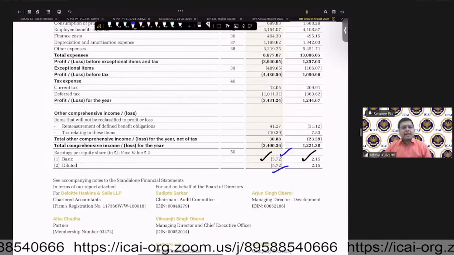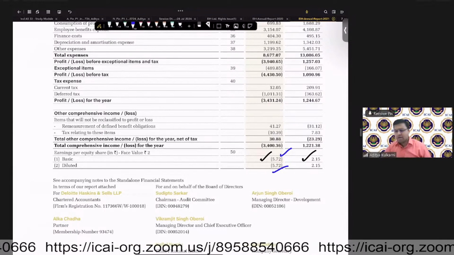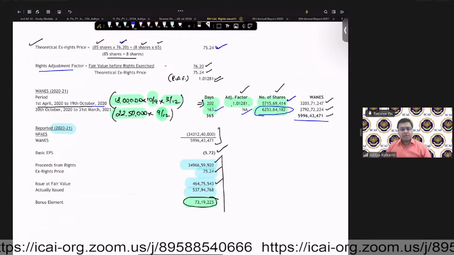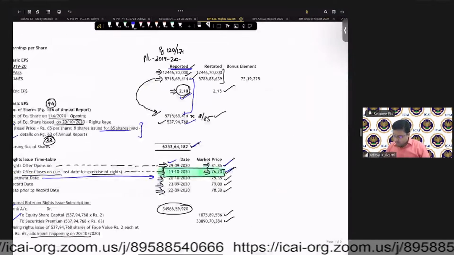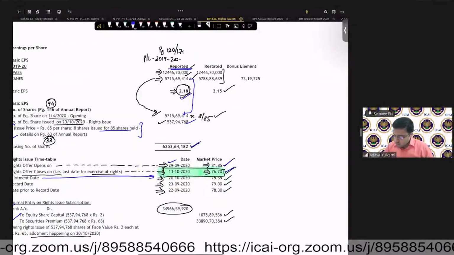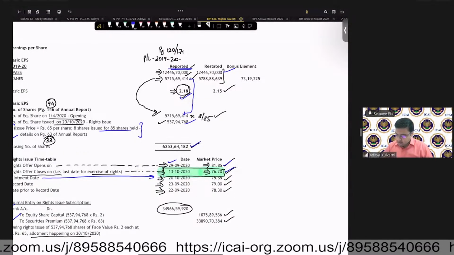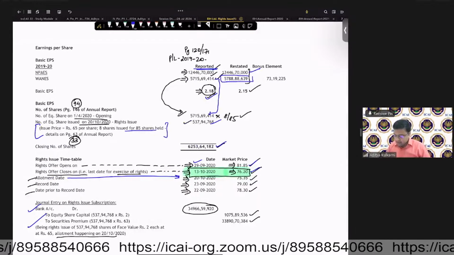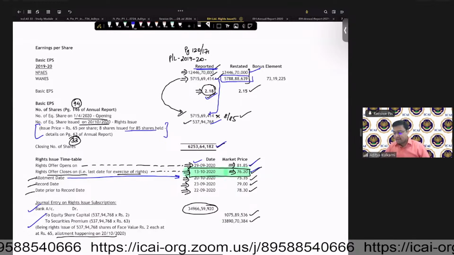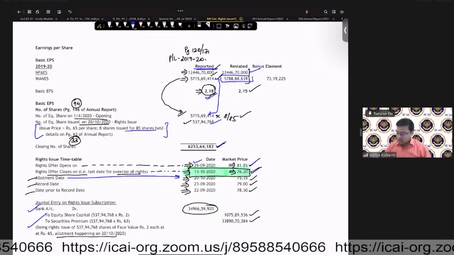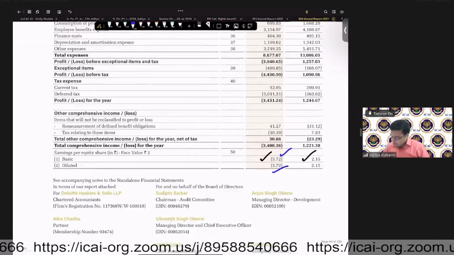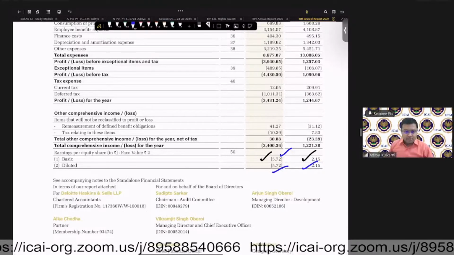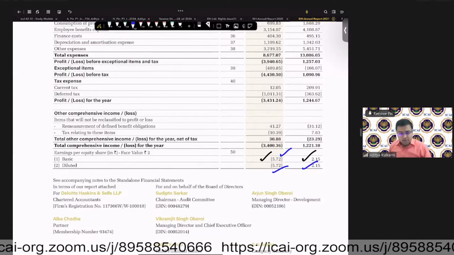This was a COVID year. EIH is into the hotels business. So they had a major loss because all hotels were shut down. So 5.72 is computed in this particular manner. And they had also done a restatement. Total profit for the previous period divided by the restated number of shares, 57,88,88,639. So that comes to 2.15. So you can check here, 2.15 is your reported number. All right, is it okay?